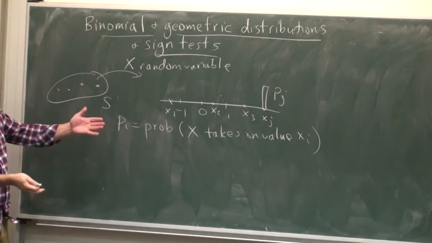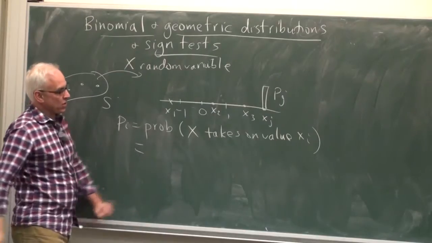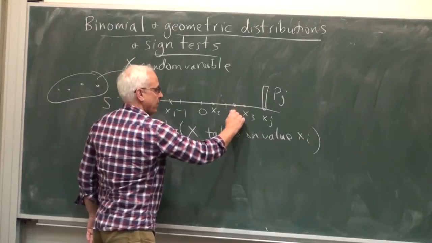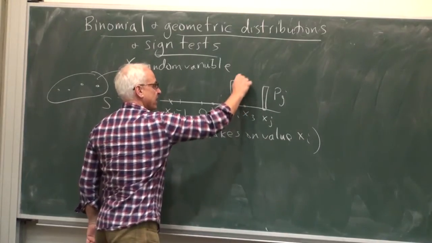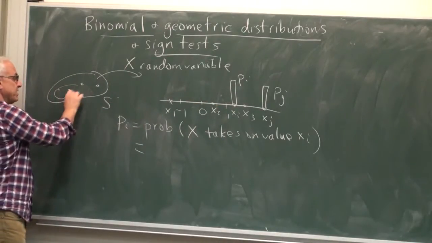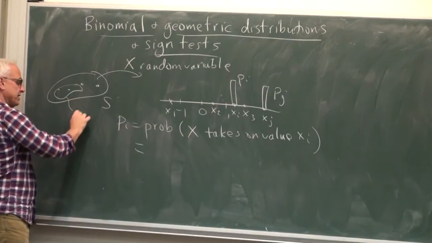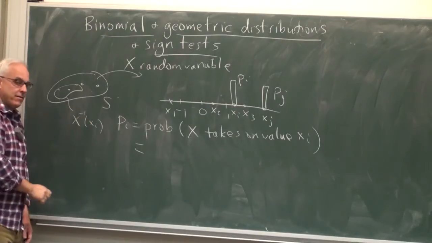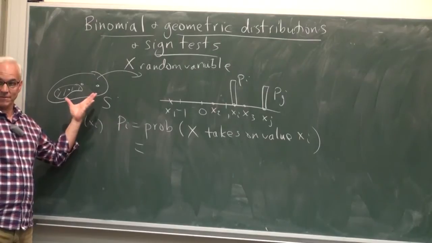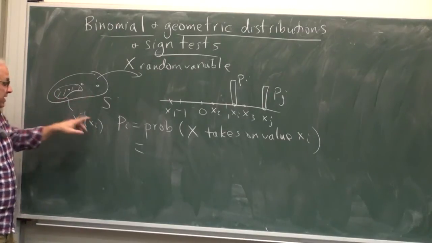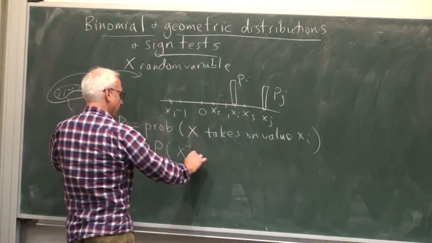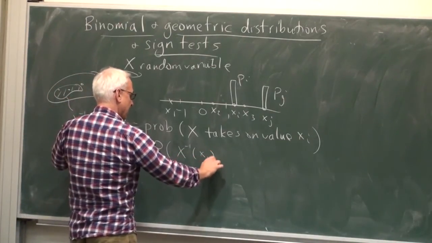And what that is more technically, it's what you get if you look at the inverse image of xi. Maybe I should put xi here, and its probability p sub i. So if we look at the inverse image of xi, that would be some subset over here. So x inverse of little xi. Then that's an event in the sample space, and its probability is this pi. So it's the probability of x inverse of little xi.